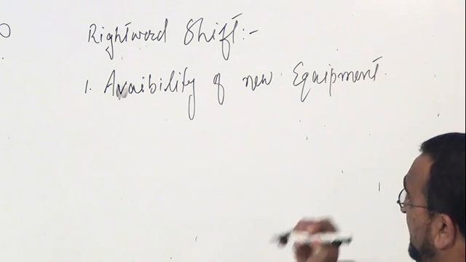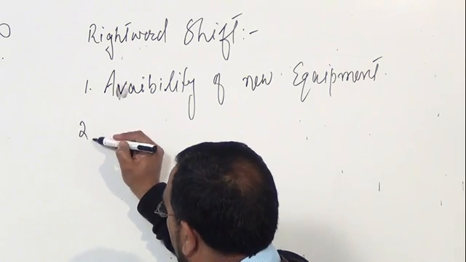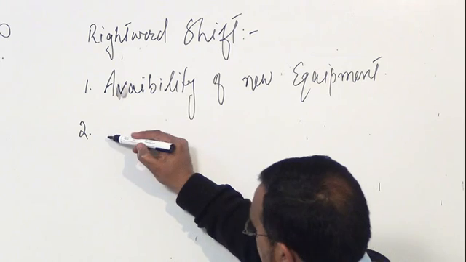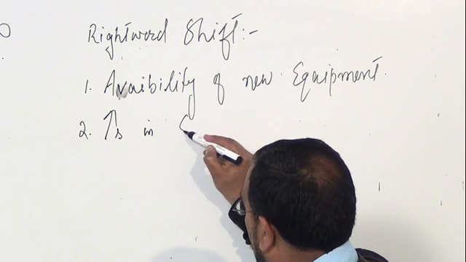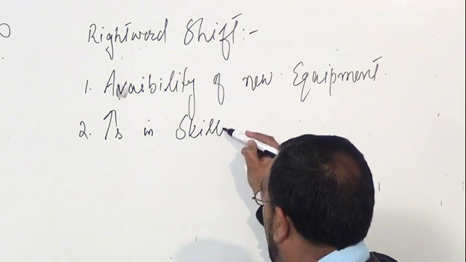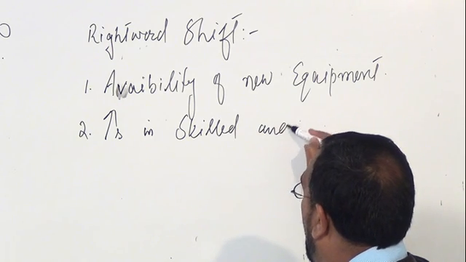This is the first reason. Number two is an increase in skilled and unskilled